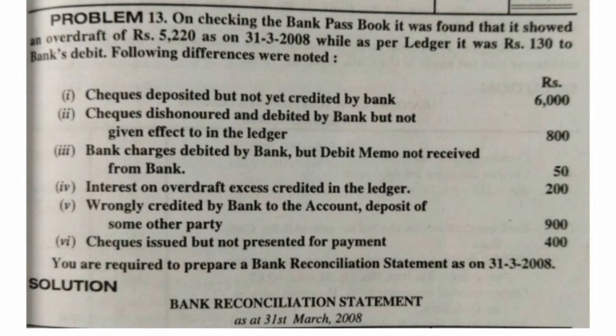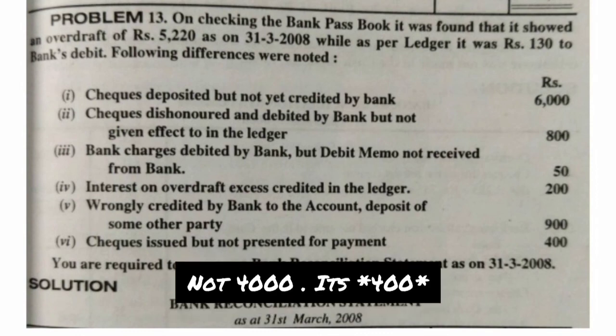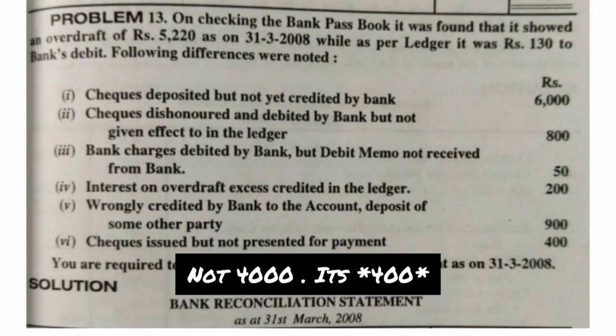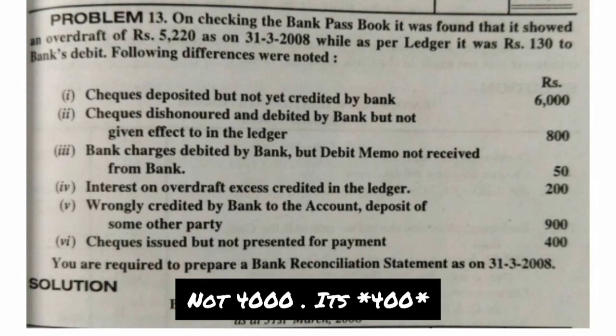Checks issued but not presented for payment. It means the payments are not recorded in the passbook yet, but the checks were issued in the month of March itself. In the passbook, no such payments are recorded, and it remains to show the same or the higher balance, since the expenditure is not recorded. Therefore, 4,000 should be added. So here we complete problem number 30.